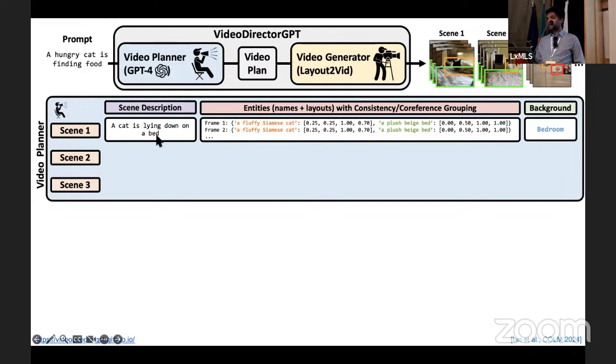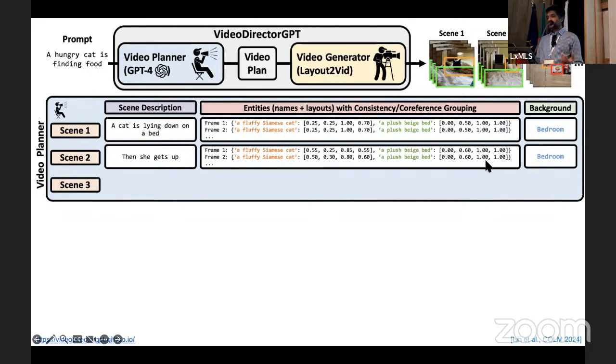So for that, it will first generate the sub-scene description, but it will also generate all the entities in this scene, as well as their bounding boxes, as well as their color coordinates. So it will actually make sure that it learns which entities belong to the same co-reference cluster, right? So the idea here is it will predict, okay, let me find a cat and let me generate a bed. And also let me make sure that the y coordinate of the cat, on average, is higher than the y coordinate of the bed because the relationship is on a bed, right, not under. And it will also predict the background.